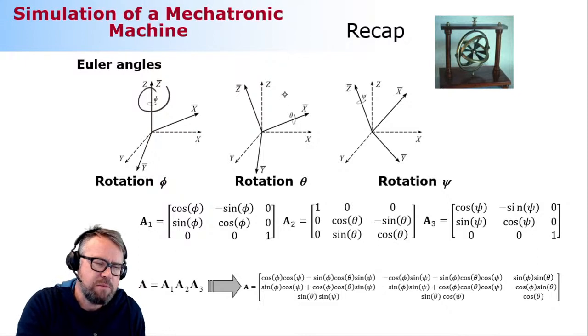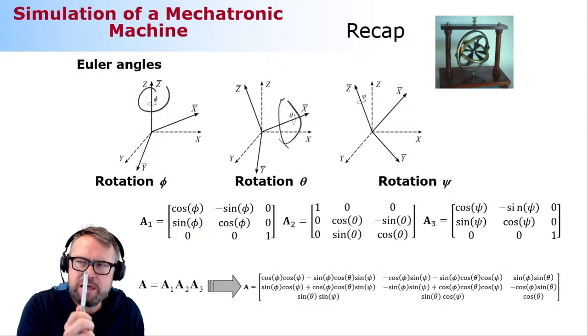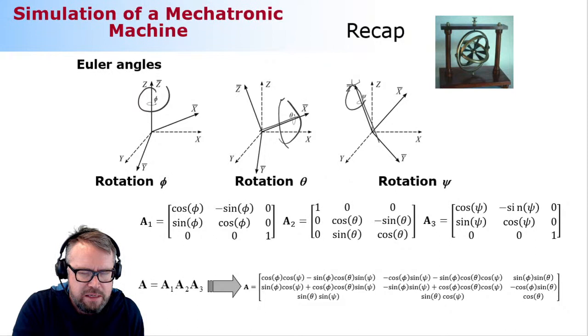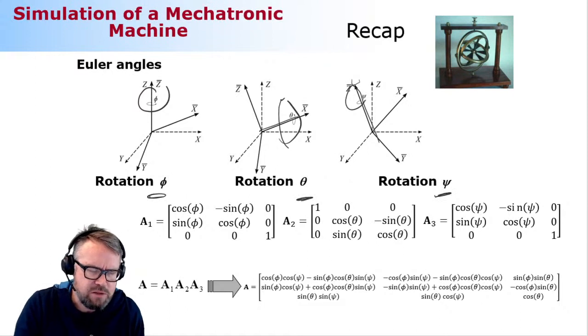The second rotation, which is the amount of theta, will take place around the once-rotated coordinate axis x. Hear me, once rotated. And then you do one more rotation, which is again around the z-axis. Maybe the notations here are not exactly right, but don't care about my pronunciation, which is probably